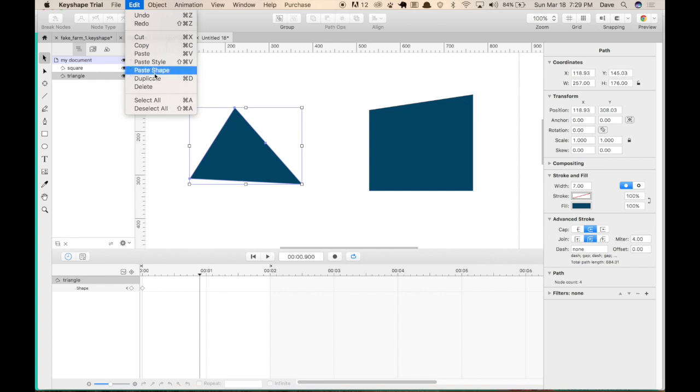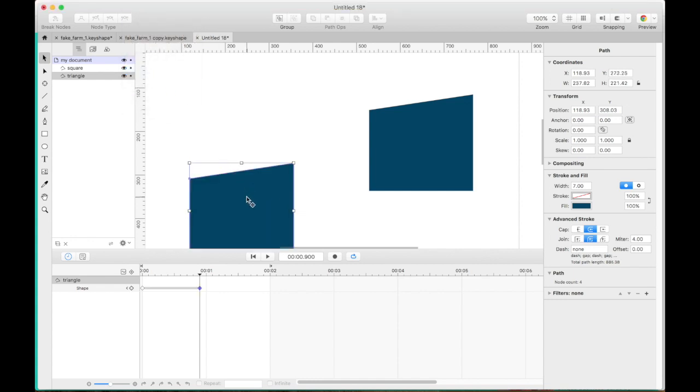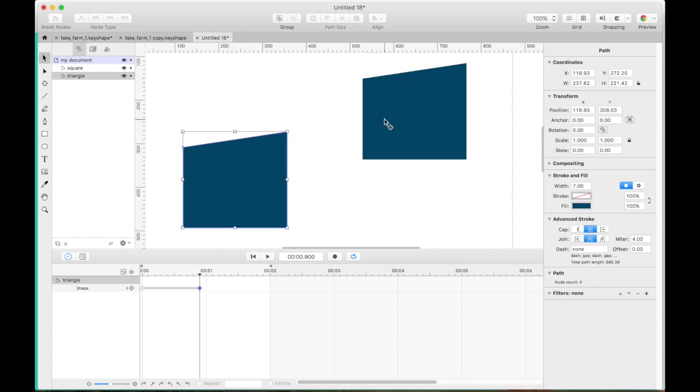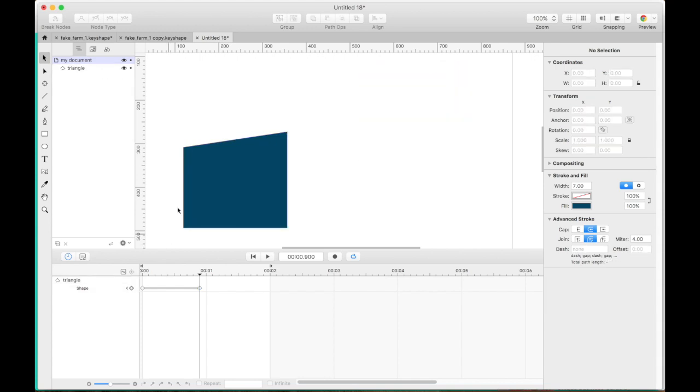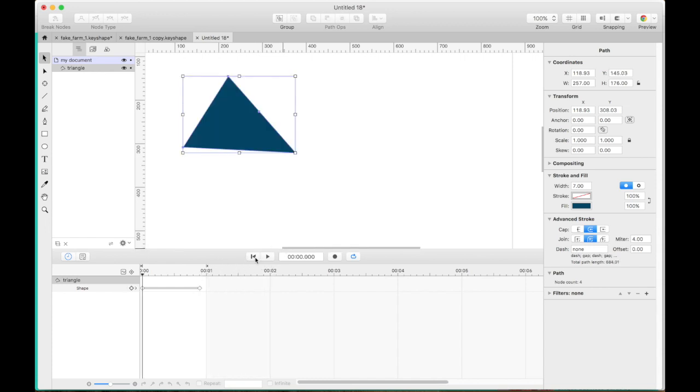So when I click that, look at that, it turned into the identical square. I'm going to get rid of this square because I no longer need it. And now this square is sitting on the second node. So are you ready for some magic? I'll just move this over so we watch it. We're going to rewind, and you can already see that it's in the triangle. And for the grand reveal, Command Return, look at that.